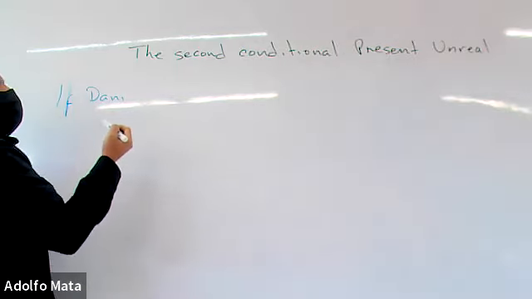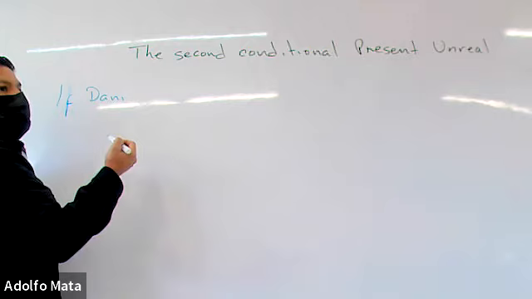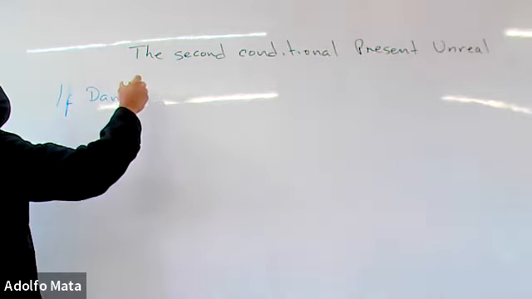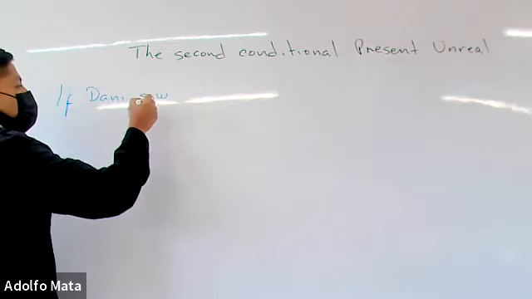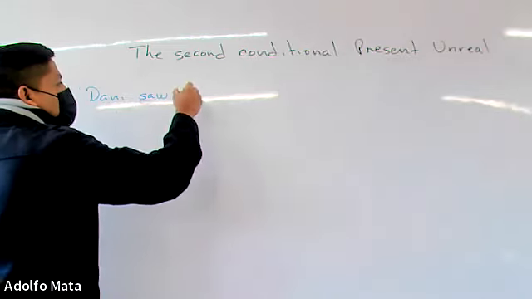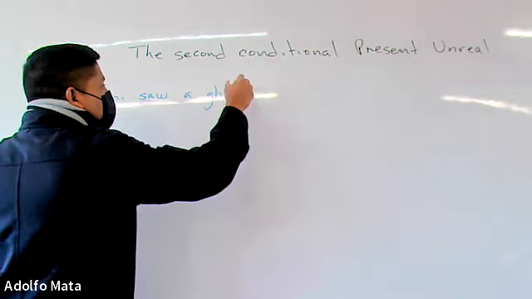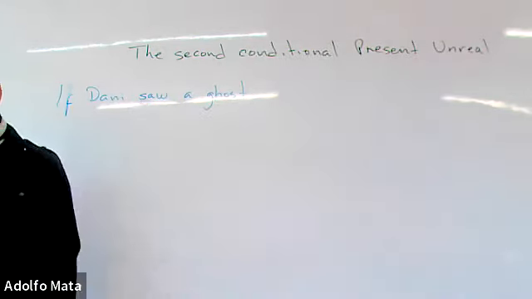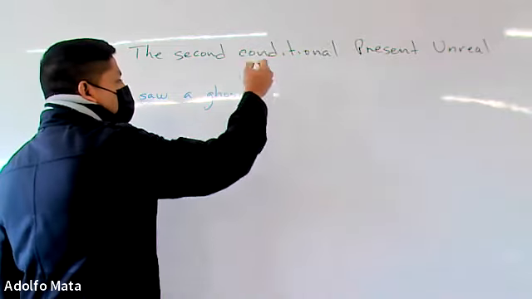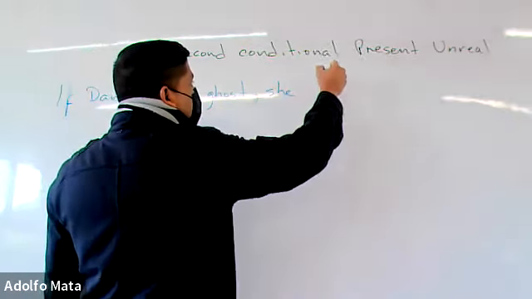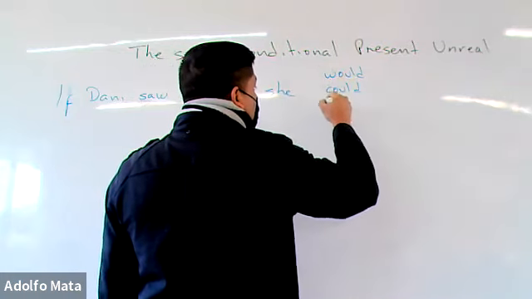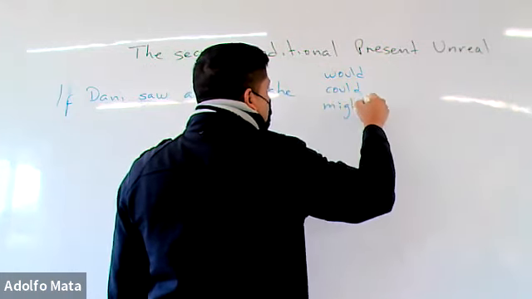If Danny saw, the very simple past tense, saw a ghost, si Danny viera un fantasma, comma, she would, she could, or she might